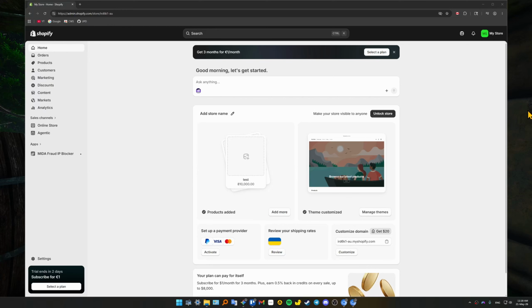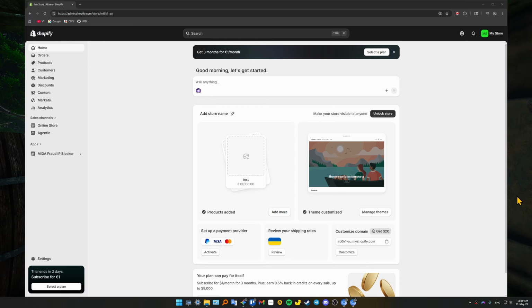How to make Shopify store appear on Google. Launching a beautiful Shopify store means absolutely nothing if your brand remains completely invisible to search traffic. Many new merchants make the mistake of waiting weeks for Google to discover their domain organically. You don't need to cross your fingers and wait. Today we are claiming absolute ownership of your digital property inside Google Search Console and submitting your native Shopify sitemap